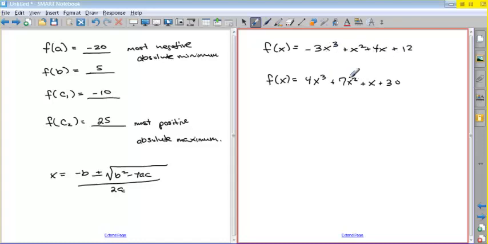The key thing to remember is if you have a negative sign here, what that means is you're going to have a third order equation that looks something like this. Whereas if you have the positive first term, it's going to look something like that. So notice that here we have the maximum first and then the minimum. Here we're going to have the minimum first and then the maximum. So when you take the derivative of this